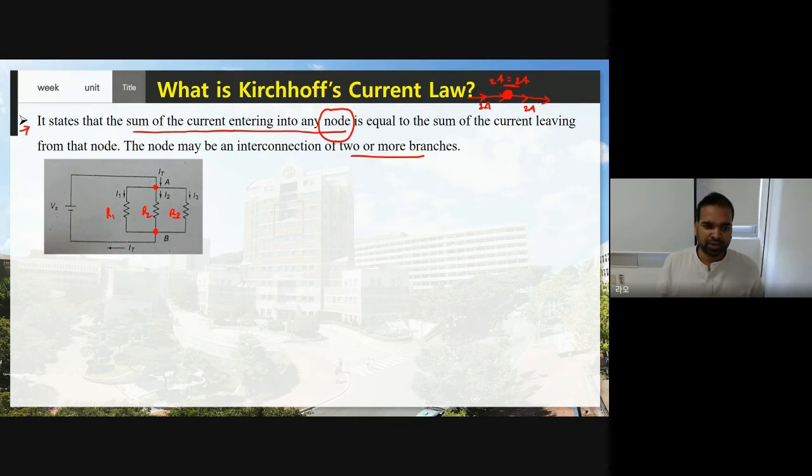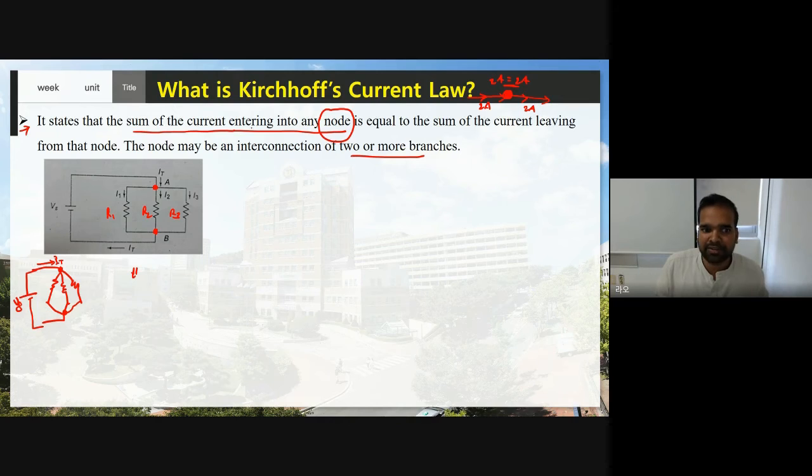Yes or no? So if you feel confused to identify nodes, this circuit you can also represent like this. So you can represent this is R1, R2, R3, and this is my point. See here, there is no difference between this circuit and the above circuit. This is my Vs and this is my node and this is another point. See here, now what is the total current coming here? This is the IT. So total current IT is coming to this node.